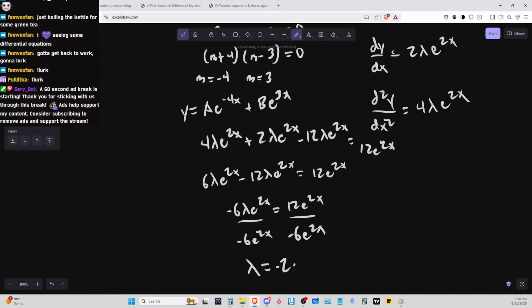It'll lead us to negative 2. Okay. So, okay, so that's lambda. Oh wait, what am I doing? We can cross those out. Oops. Okay, so now,